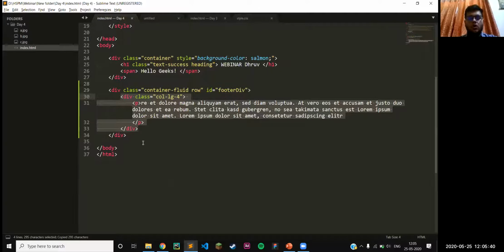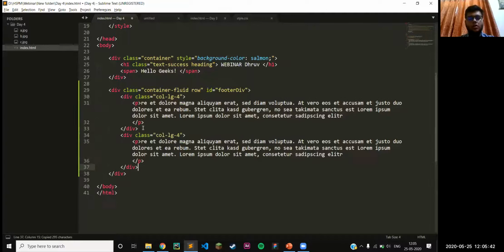Then we can just copy this and paste it over here, and we can change this to 8. What we are trying to make is a narrow column which will contain some information about the page, and we'll have a broader column on the right. So this is how we'll be using this.